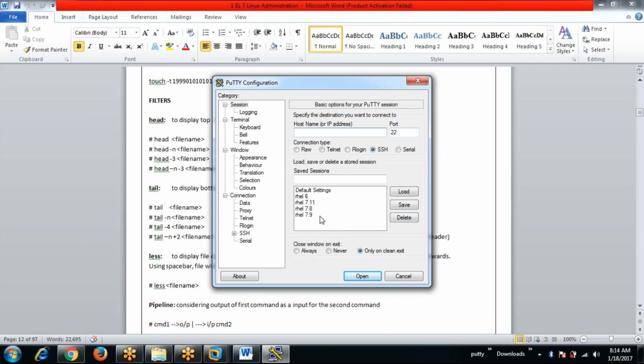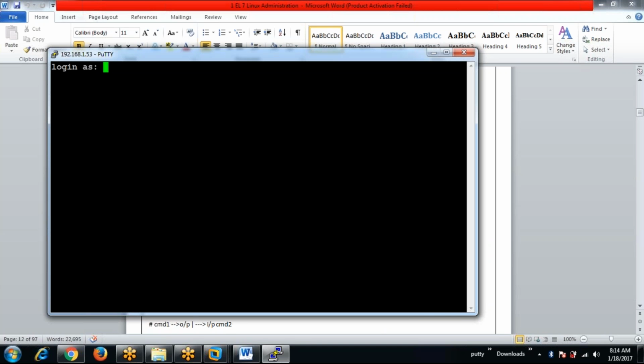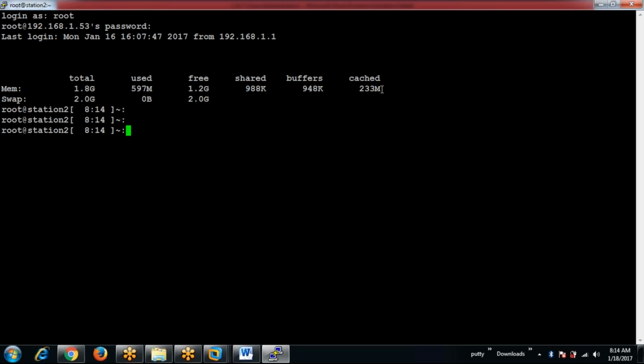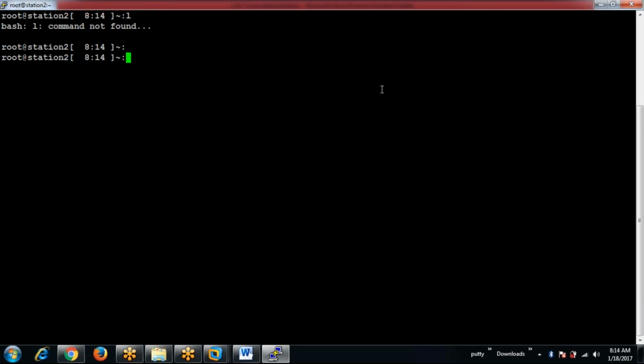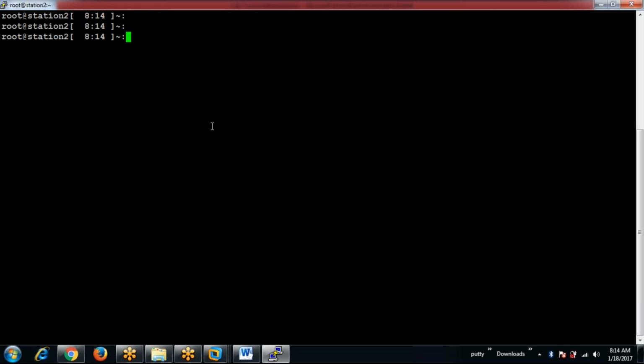Now we are going to see the commands head and tail. What does the head command do? Say, for example, I have a file. The head will start from the